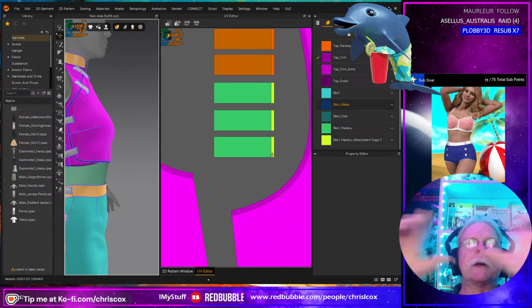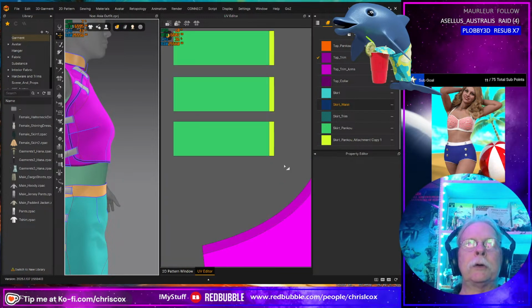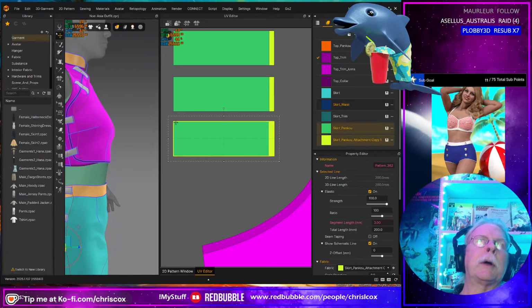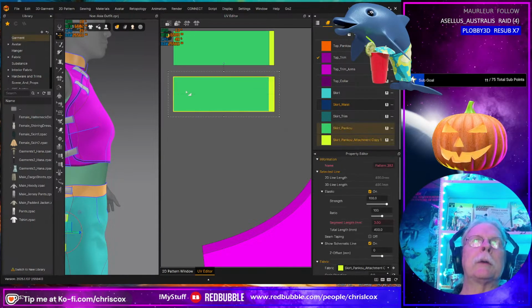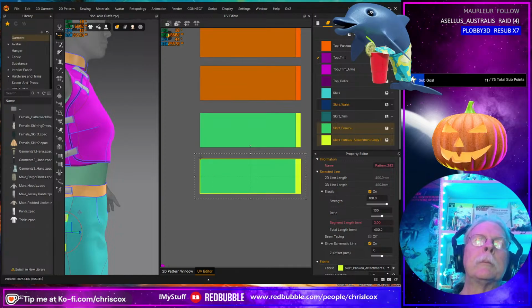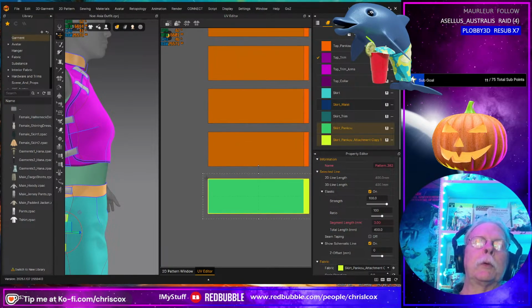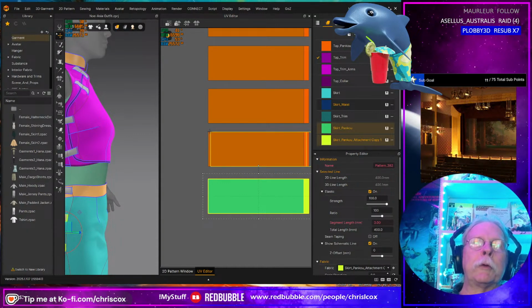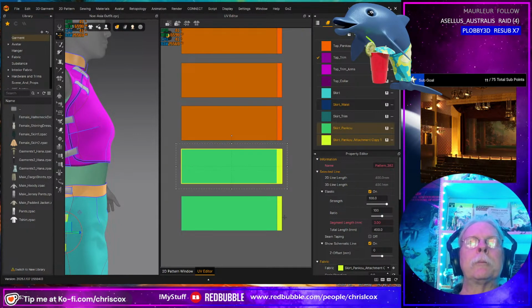And then I'm going to size them up big, and they'll be on a separate UDIM. Actually, I can probably just stack them all up on top of each other in here. I wonder if I'm going to regret this or not. We'll see.